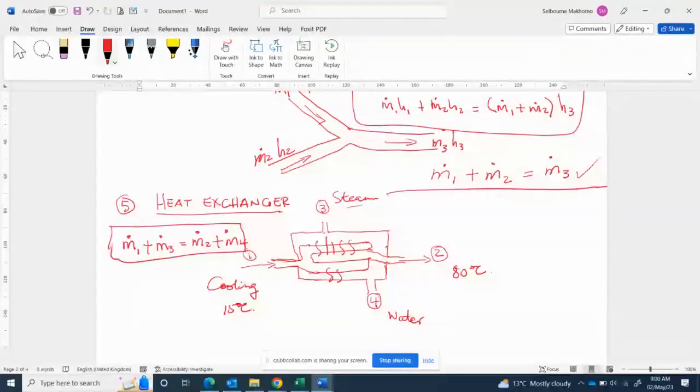Now the energy analysis or balance, we say that energy into the condenser is equal to energy out of the condenser. So energy in is going to be mass flow rate at 1 multiplied by enthalpy at 1, plus the inlet again at 3, M3 multiplied by enthalpy at 3, is equal to the outlet, you've got M2 enthalpy at 2 plus M4